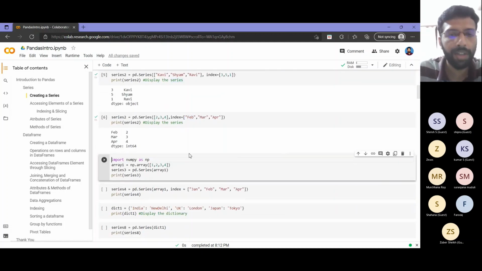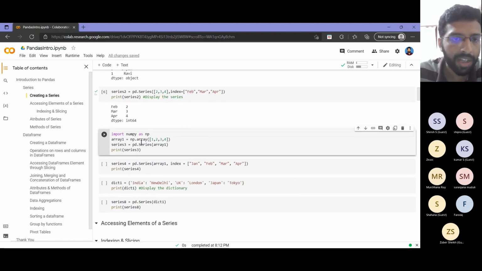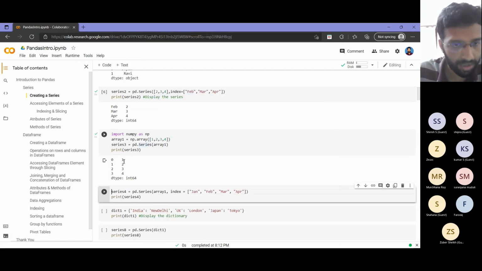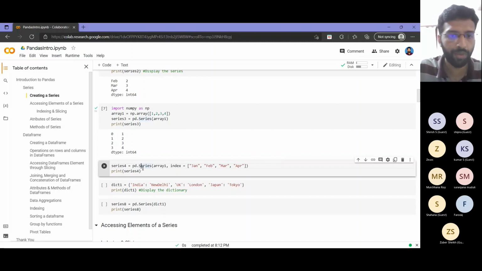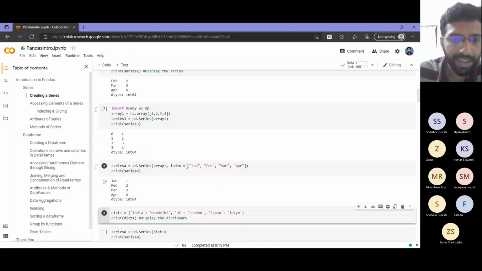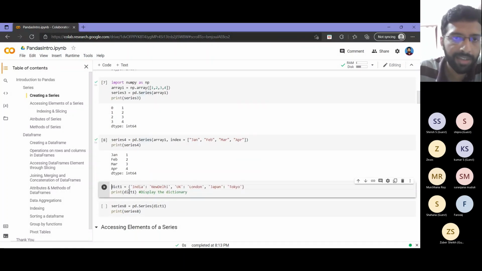And coming to the next example, these 3 examples we saw with a normal Python list. Now suppose I have a NumPy array which has values 1, 2, 3, 4. In the same way I can pass it to the same pd.Series constructor to create my series. That will also create a one-dimensional array along with the default index since I have not passed any other index, same as what we followed earlier. Even in this case, I can pass some values to the index, so that instead of the default 0, 1, 2, 3, my index will be Jan, Feb, March, April.